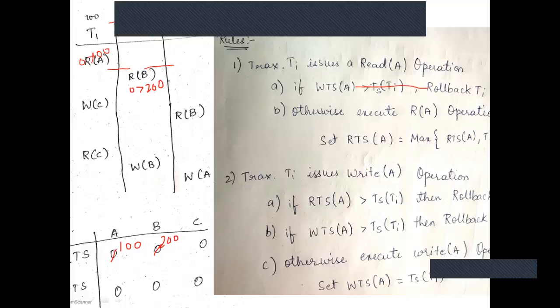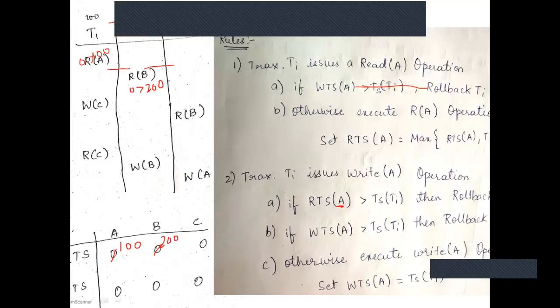Okay, now after read of B, next again it will go to T1, that is write of C. Now whenever we are performing a write operation, we should check both RTS and WTS. Now here one more thing, we are doing write of C, not of A. Here we have just given for A, so you need to check it with A, B and C, 3 different variables. Since I'm writing write of C, we'll check with RTS of C.